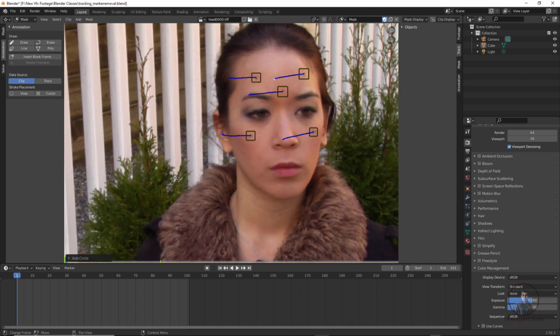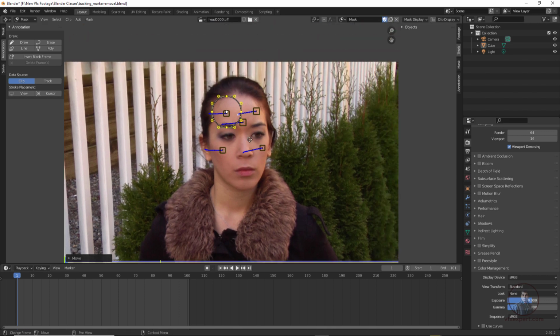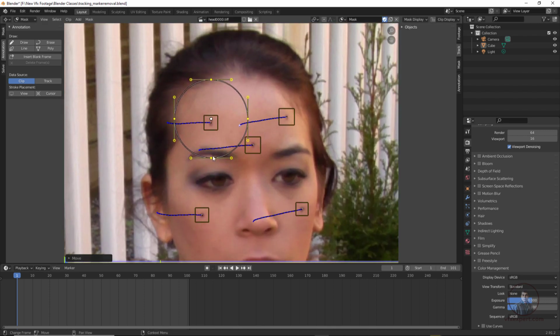If you will see in this corner here, you can see it. Now we have to move this shape on top of our marker. The shape is selected. Now press G for the move tool. Easily we can move it and place it here. Now zoom in a little bit. Again the shape is selected. Now press S to adjust the size a little bit.